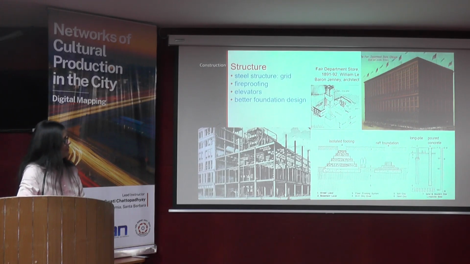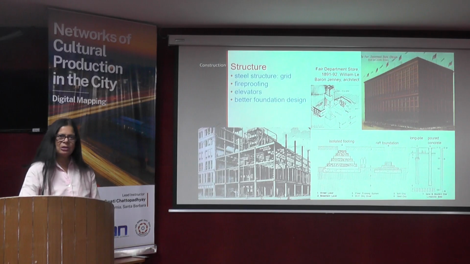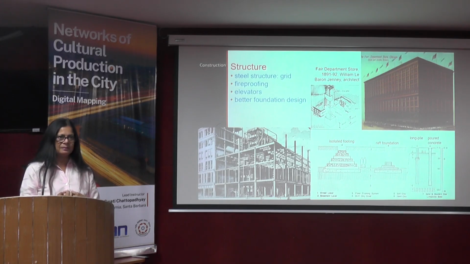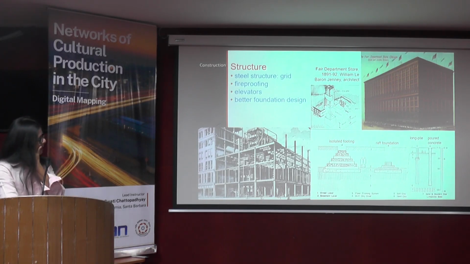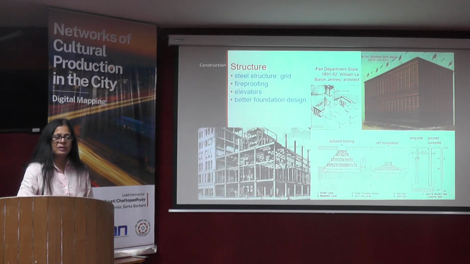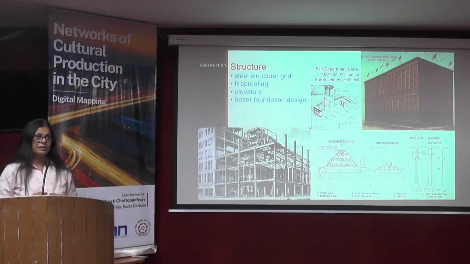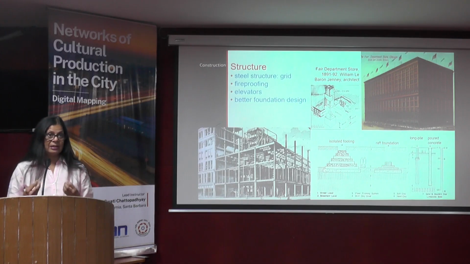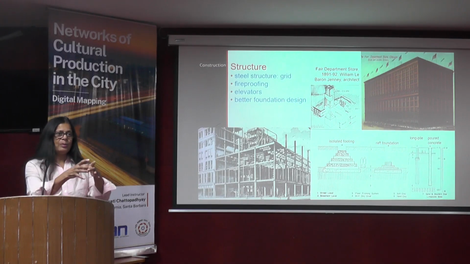And this building, this is William LeBaron Jenney's Fair building. And it is essentially a steel cage. And it's a perfect grid. So in a way, the grid of the city is being replicated in the structural system. But one of the problems with steel is that steel actually buckles under high heat. The most notorious example of that is the complete collapse of the World Trade Center with high heat, like jet fuel combustion, that kind of heat. So it needs to be protected.